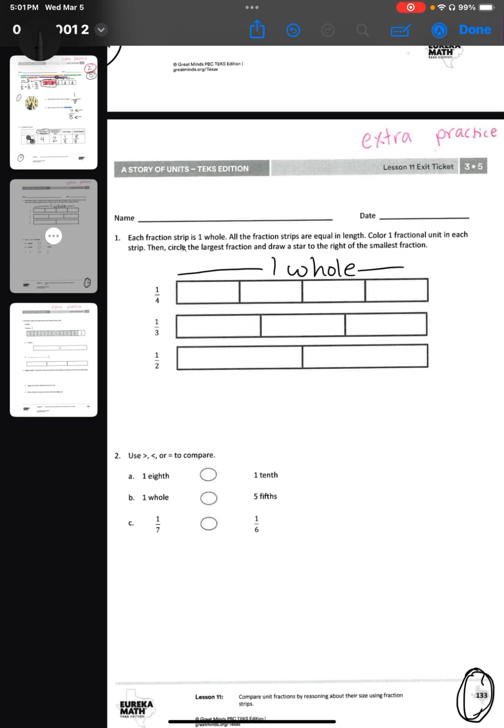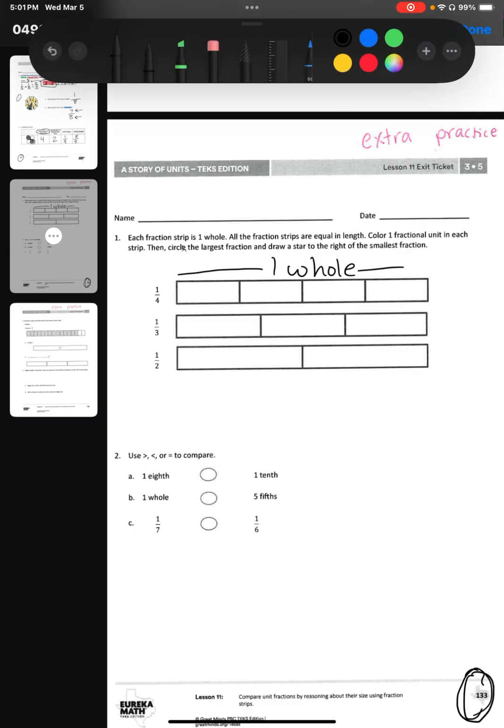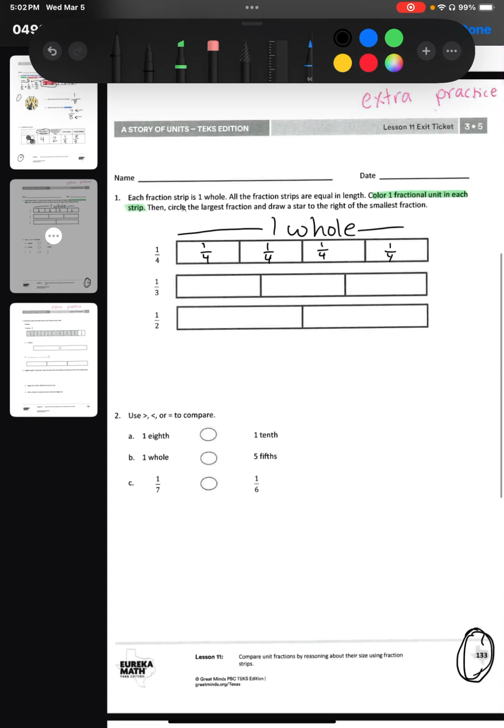Color one fractional unit in each strip. So let's do that first. Before I even color it, I like to have my students label every part of the fraction. So because the top one is broken down into 4 sections, the bottom number, which is the denominator, is going